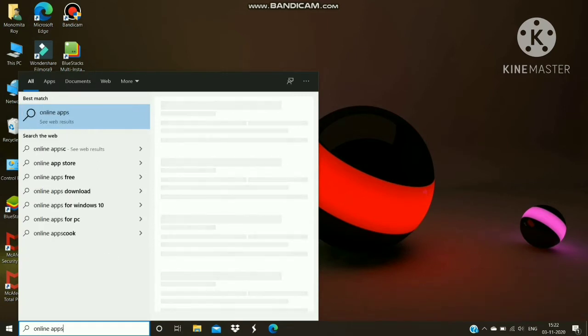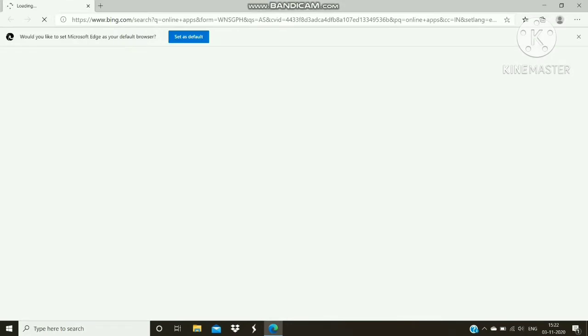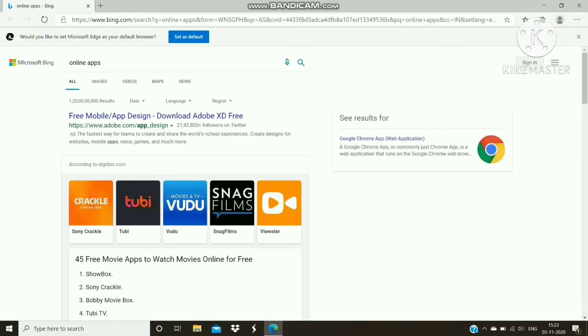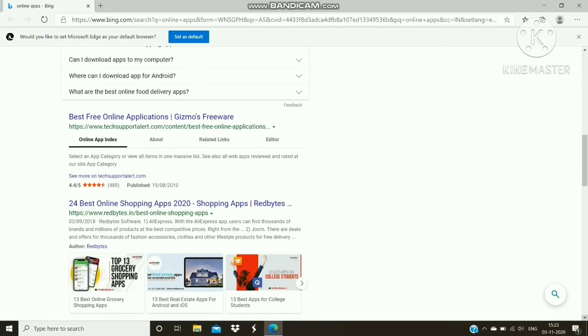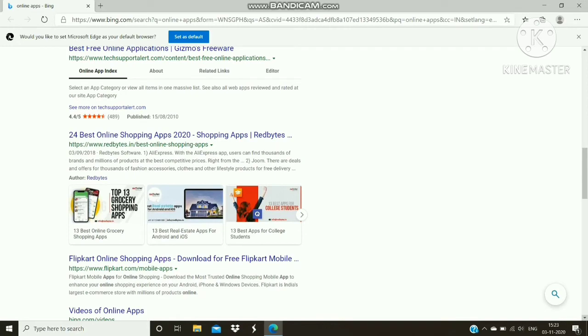Now talking about web or online apps, a website is also called a web application. That means a web application is a collection of web pages hosted on a special computer, and that is called a web server. So a web server can be located anywhere and visitors can be located anywhere. Like I am a visitor, I am surfing the net or web. So it will work through browsers, any browser you can work on. Suppose I'm working on the browser Google Chrome, so it can work on different browsers such as Internet Explorer, Mozilla, Netscape, anyone.